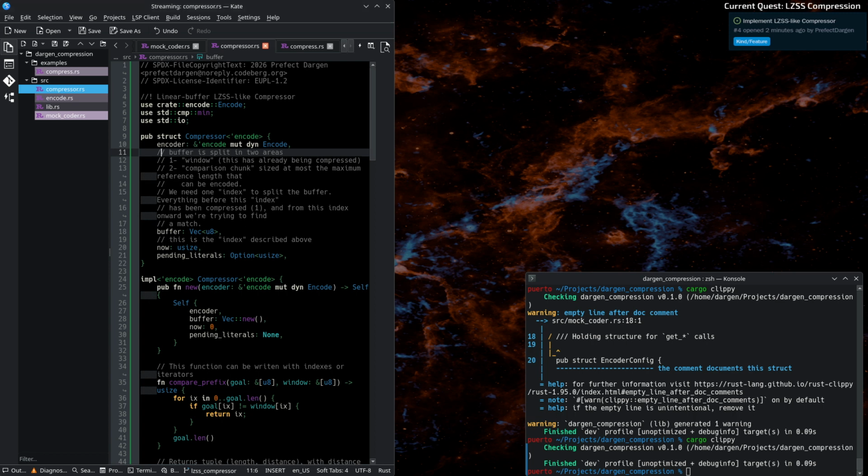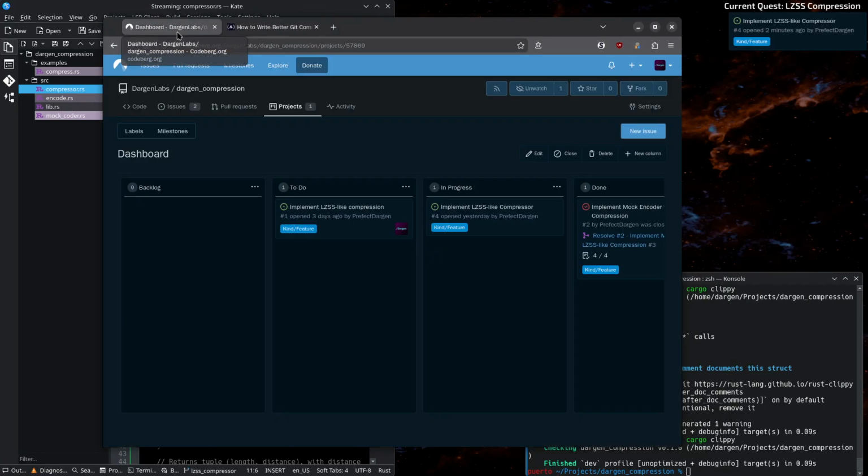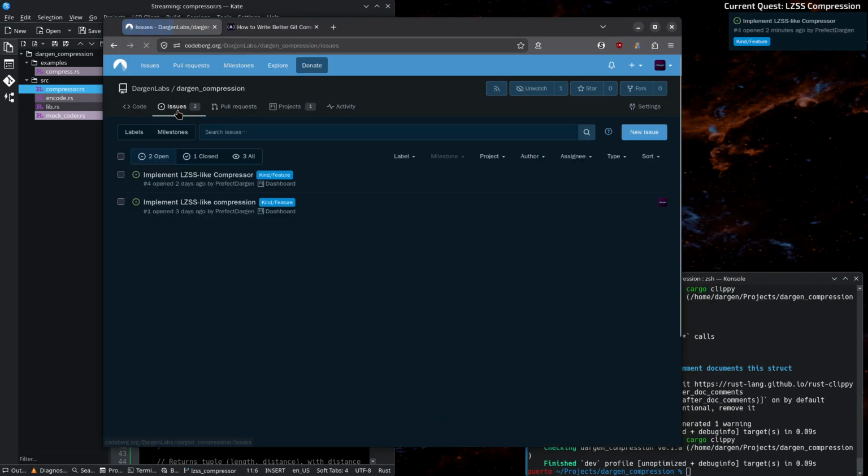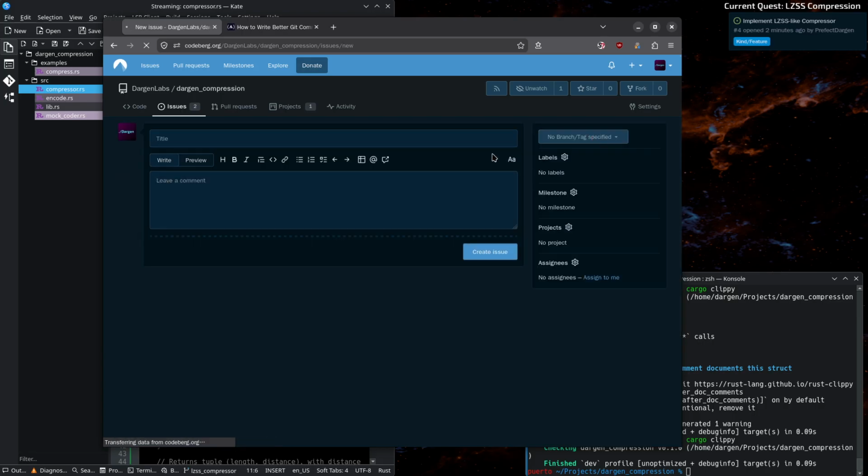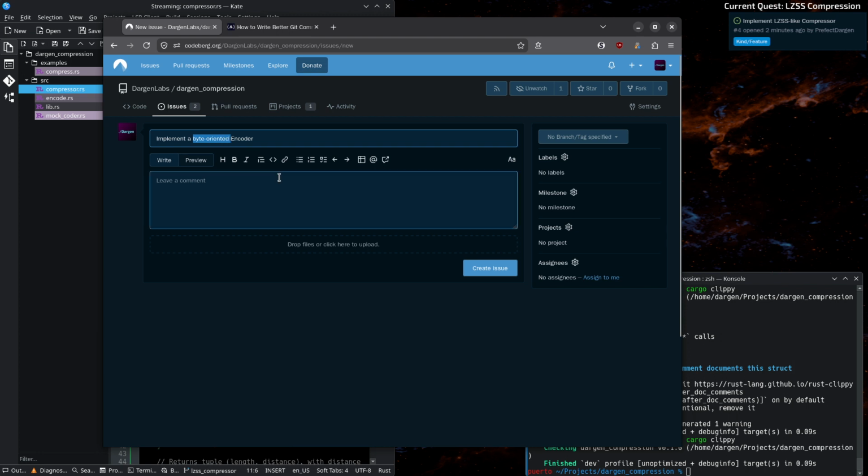But I'm going to create a new card now, because I can do that. So I will create a new issue, which is to implement a byte oriented encoder. So why is that? Because one of the things that we're going to do is we're going to change the encoder a lot. If you were here the other day when we took a look at the LZSS